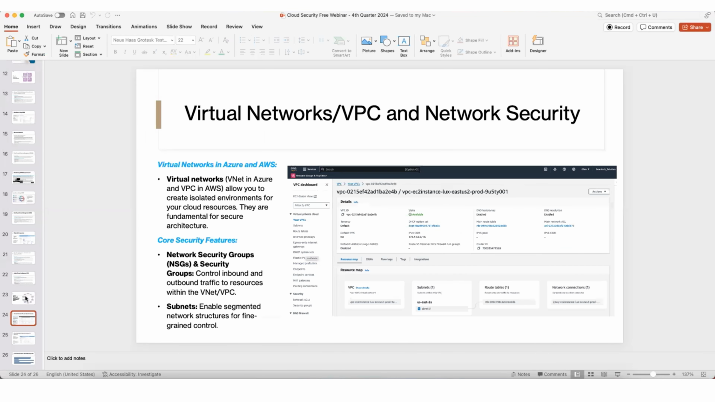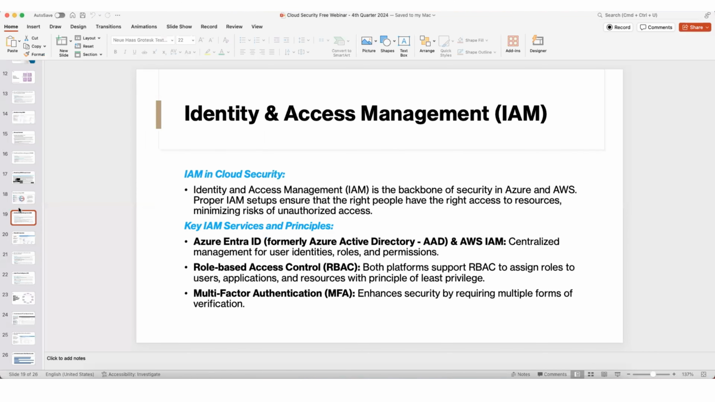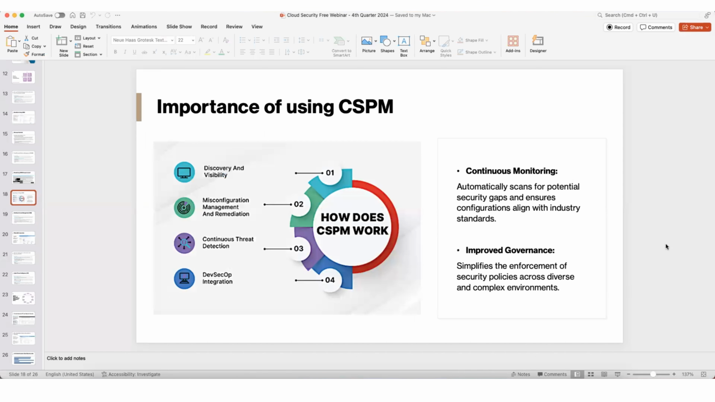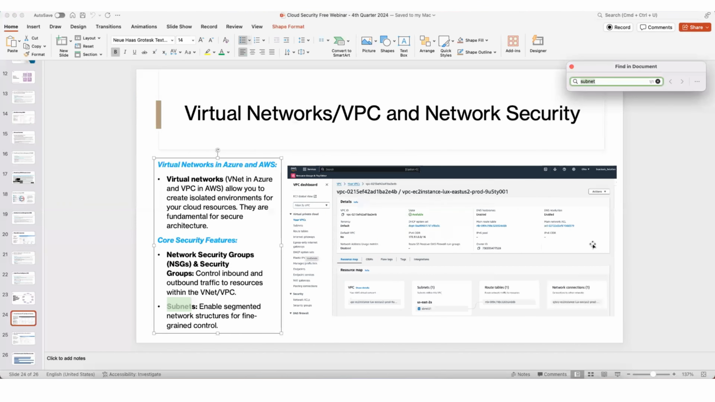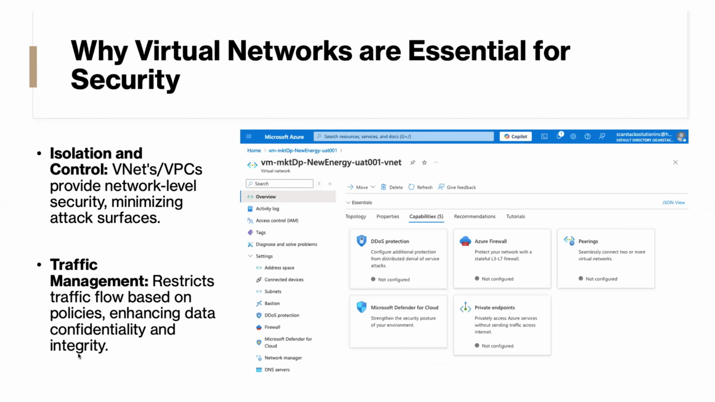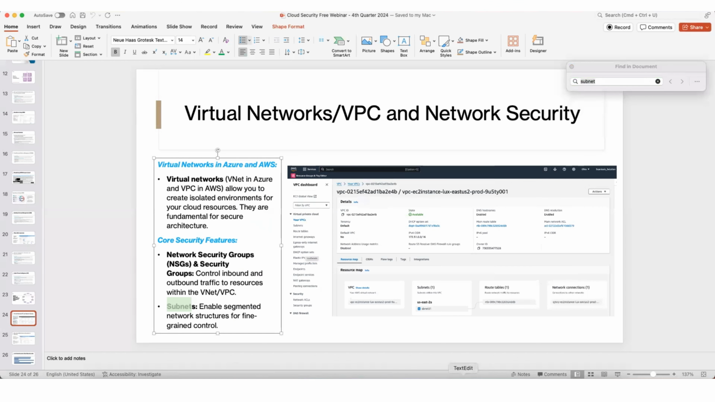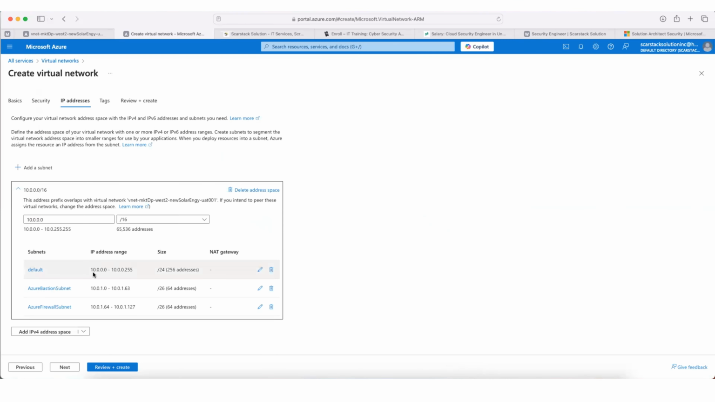Let's come over here. Track it down really shortly. I'm going to do a quick search over here. It talks about subnets. The subnets enable segmented network structures for fine-grained control. And that is an example of what we are seeing playing out in our very eyes